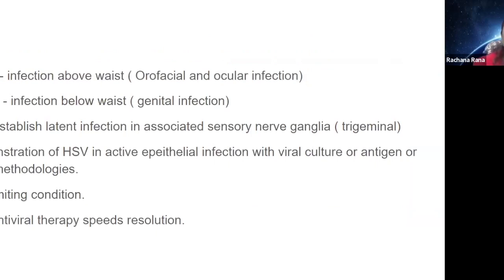So herpes simplex virus can be divided into types 1 and 2. Type 1 causes orofacial and ocular infection. Herpes simplex virus type 2 usually causes genital infections. Herpes simplex virus establishes latent infection, and primary infection is actually a self-limiting condition. Oral antiviral therapy speeds the resolution of the virus